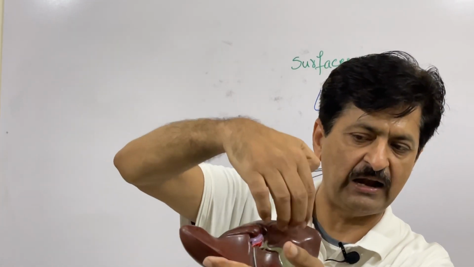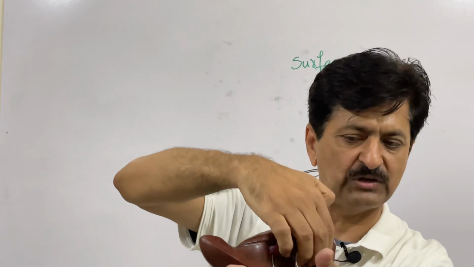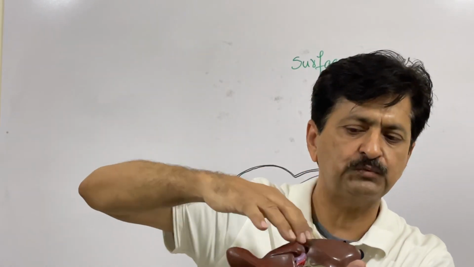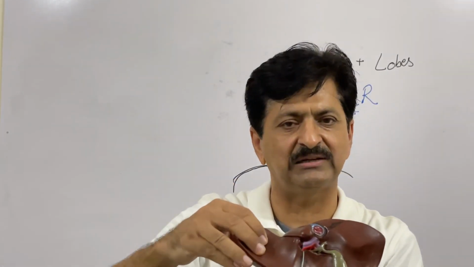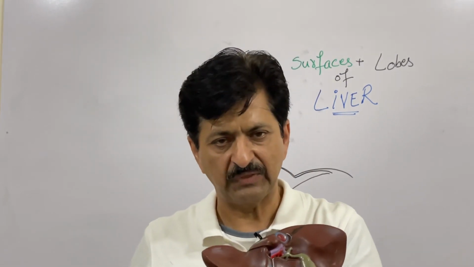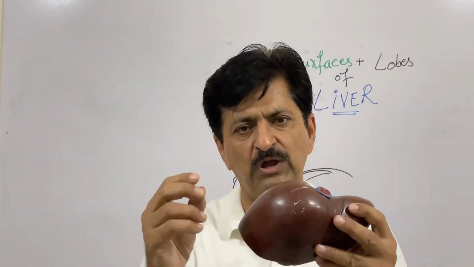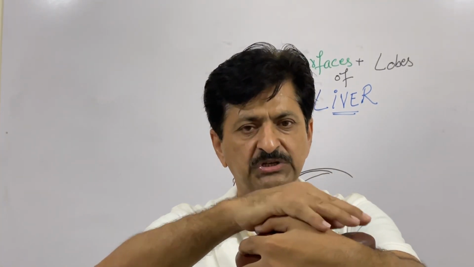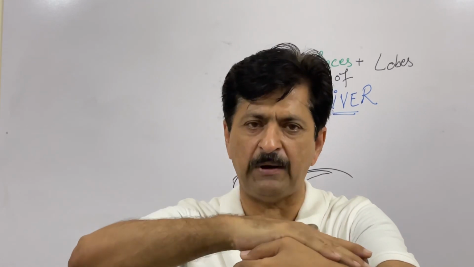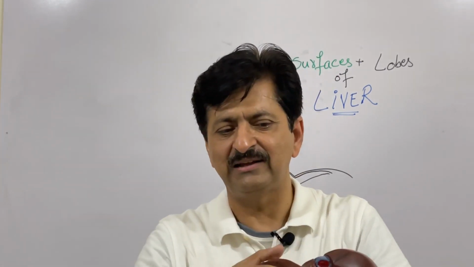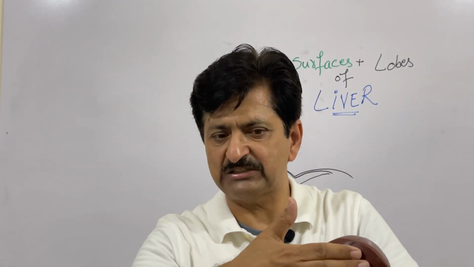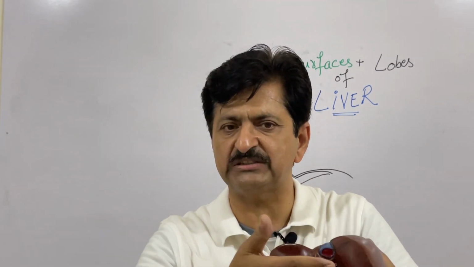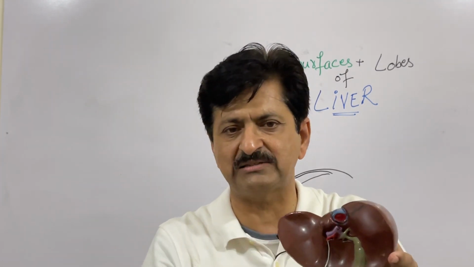Because the inferior and posterior surfaces do not actually have any border in between, this whole surface can also be called the posterior inferior surface. That means you can say we have just two surfaces. One surface is called the diaphragmatic surface, which consists of the anterior as well as superior parts, and the other is the posterior inferior surface. We can call these two together the visceral surface.